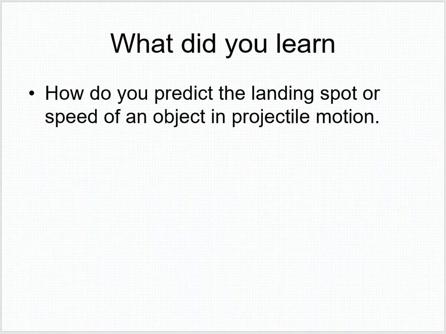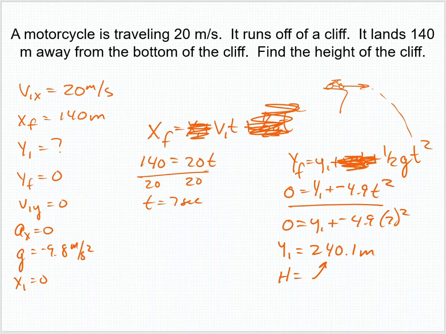So what did you learn today? All right, we learned how to predict the landing spot or speed of an object in projectile motion. One of the things I hope that you walk away from here is that maybe you've realized in these types of equations, when it asks me to find the height, that's a y component, height is y, you're going to end up using the x equation to solve for t. If it asked me to find the distance the motorcycle went, then I would end up using the y equation